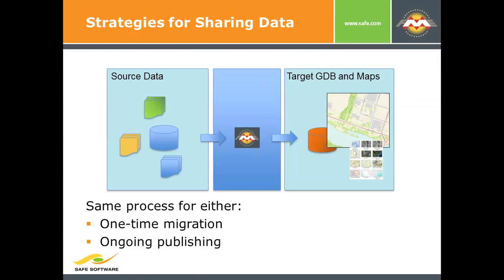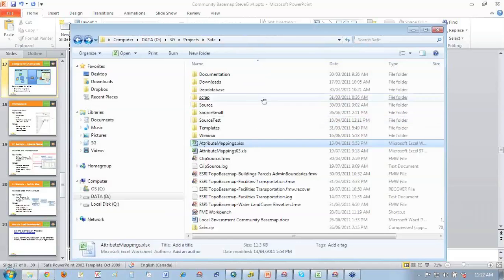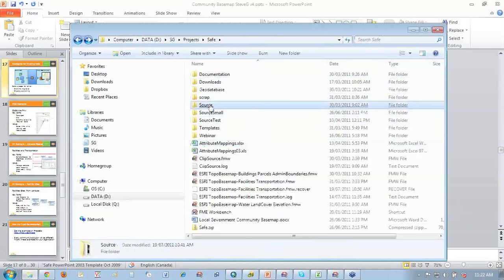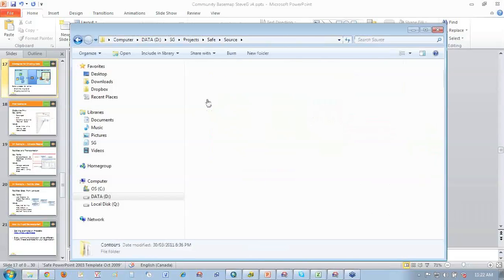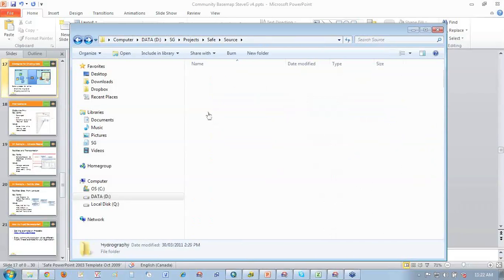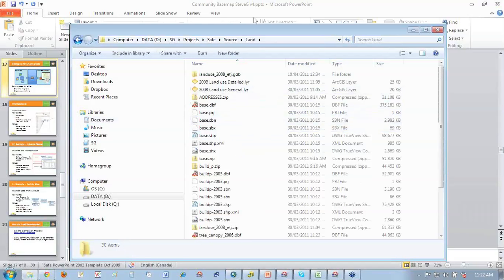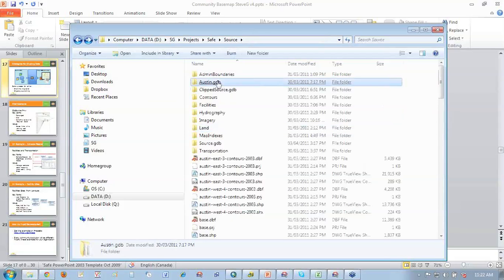And so really what we're talking about here in this particular case is, on the left-hand side, what I downloaded for the city of Austin, which was actually a bunch of shapefiles, and this should look familiar to many of you. I've got a number of contours data sets, some hydrography, land, and all sorts of other things, piles of shapefiles, really, as a starting point for most of us. But Austin did also have a few geodatabase items and a few things in CAD format.